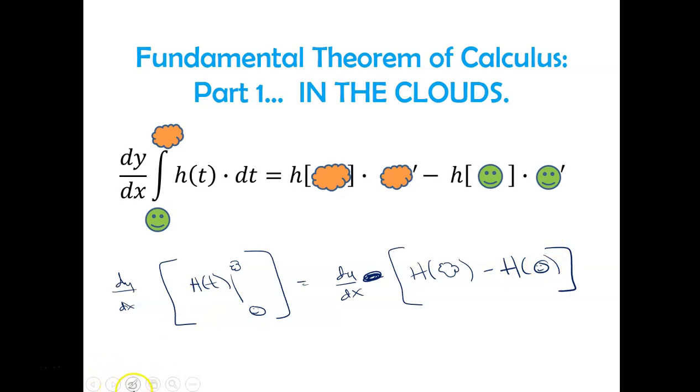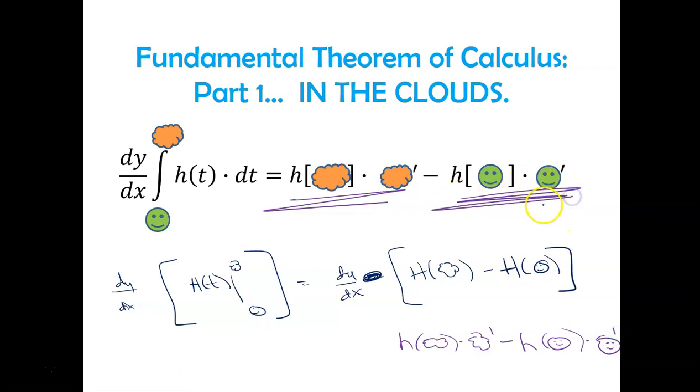So when I actually do that, look what happens. The derivative of capital H goes back to lowercase h. But if you take the derivative of h of cloud, you have to tack on cloud prime. That's this piece. Then I'm going to subtract. I take the derivative of capital H of smiley face, I get lowercase h of smiley face, chain rule, smiley face prime. And that's this part. It is literally evaluating a definite integral, upper minus lower, with the chain rule in mind, not forgetting